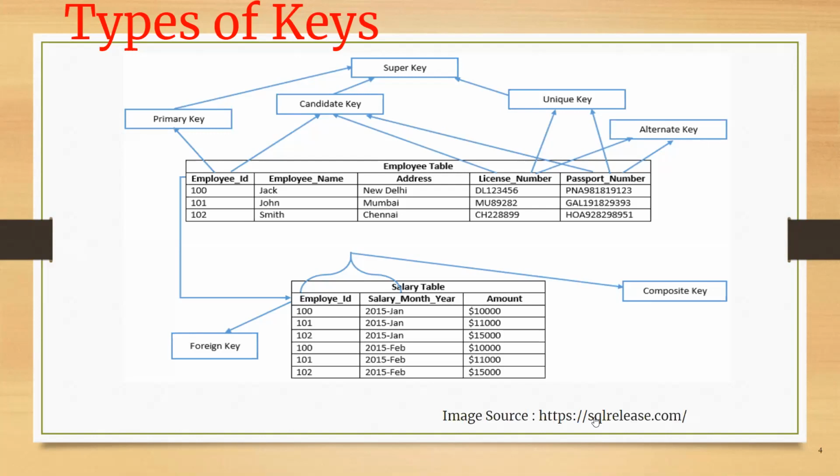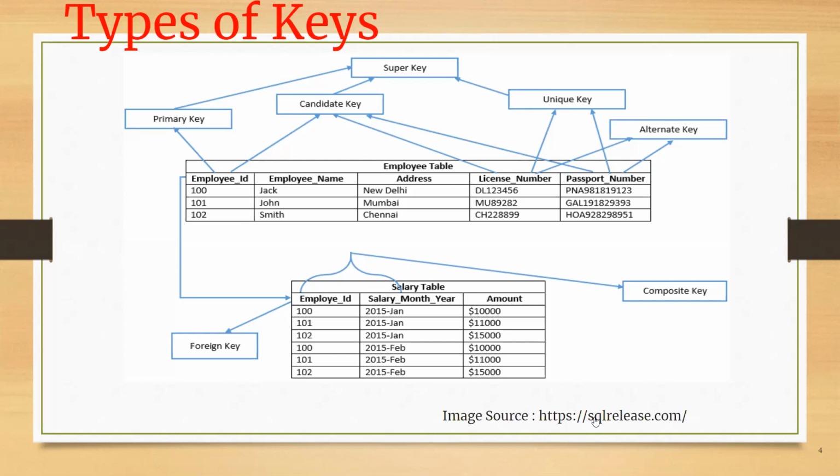So here in this example, we can have license number and passport number as unique key. You can define them as a unique key, and if you want, you can keep one value null, because as an employee, there is a possibility that somebody may have a license number, somebody may have a passport number. There is a possibility any of them will have, but very little possibility that most of them will have both. But in case you have data where one is present and another is absent, in that case you can go with unique key because it allows one null value.